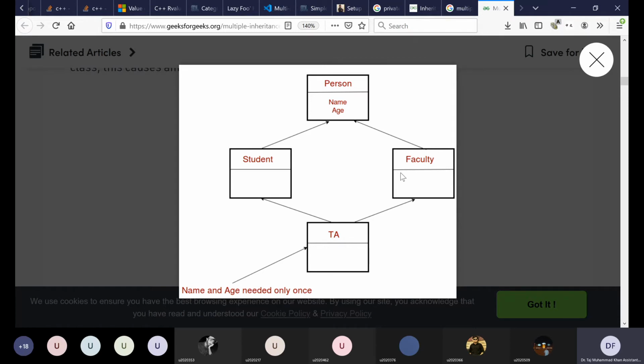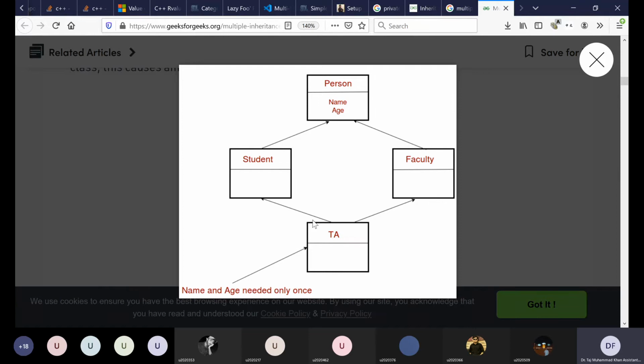These two objects will contain copies of class human, and when we inherit the dean from teacher and administrator, every object of class dean will contain in itself an object of class teacher, which in itself will contain an object of class human, and every object of class dean will also contain an object of class administrator, which in itself will contain the object of class human.